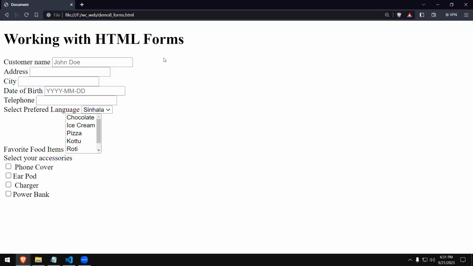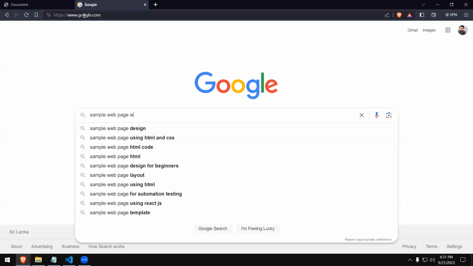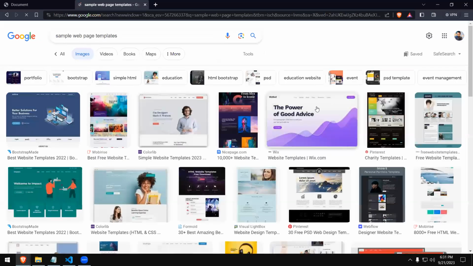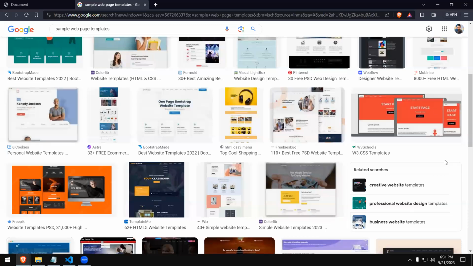If you take a look at web pages, these are some photographs that I'm showing you. These are samples of web pages or websites which are designed or created using technologies, not only HTML, but also CSS, JavaScript, Bootstrap. We can put these together and create very nice designs like this. Any of these designs, if we take the base, which means the skeleton, we have to create